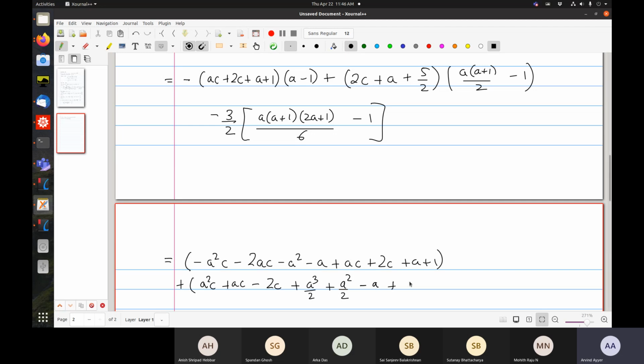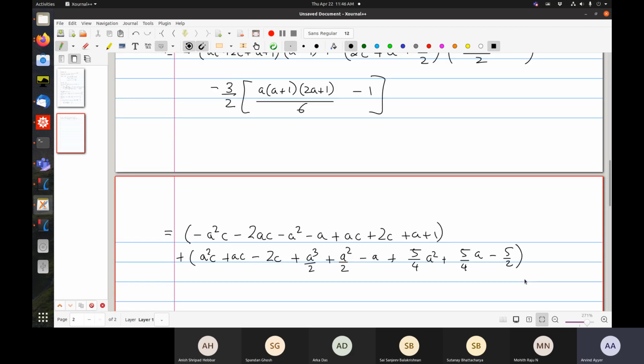And then I get 5 by 4 A squared plus 5 by 4A minus 5 by 2. Okay, so that takes care of that term. And lastly, what I have done over here is take the 6 common and cancel the 3 with the 6. So then I have a minus 1/4 outside,